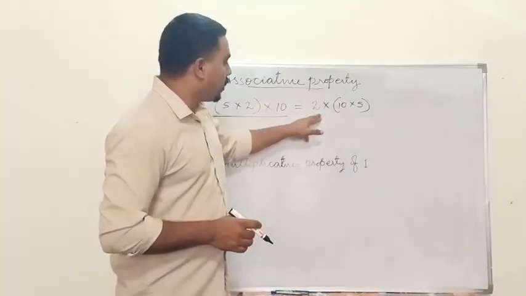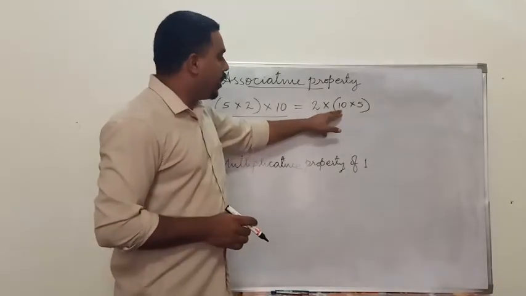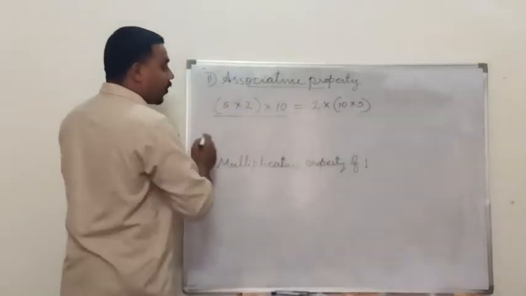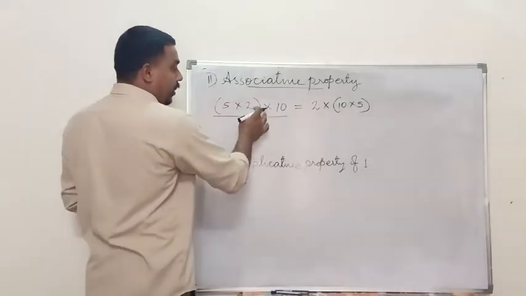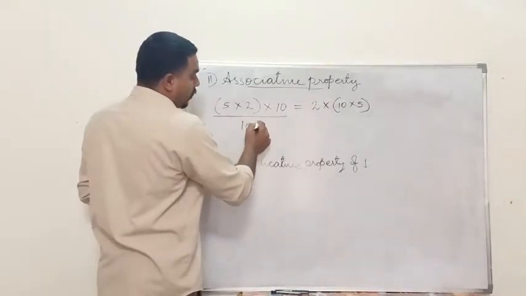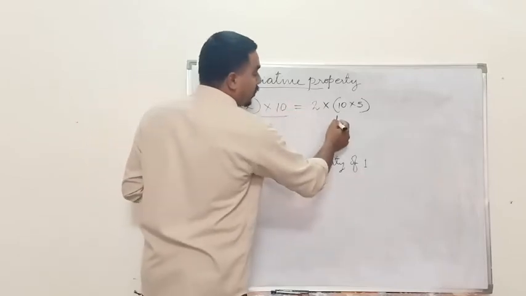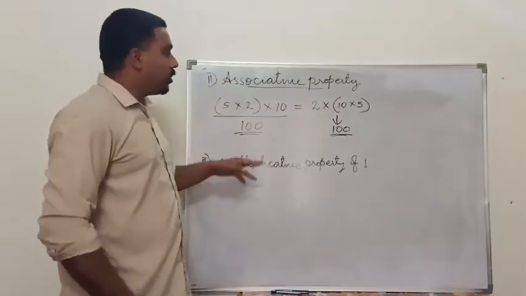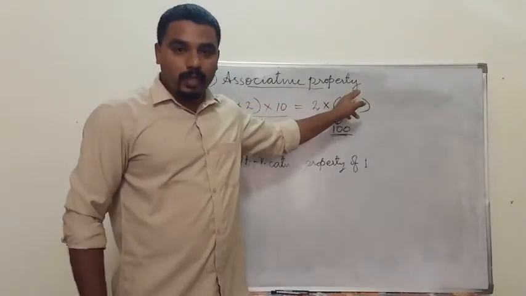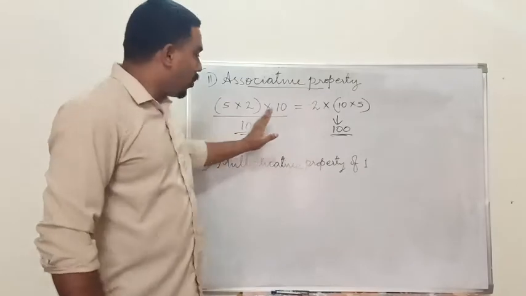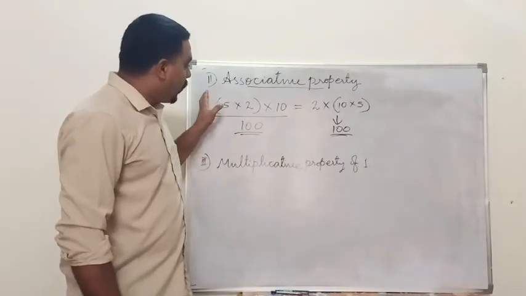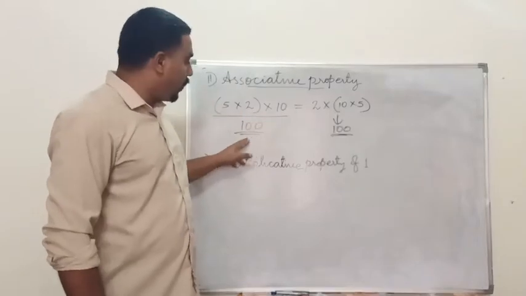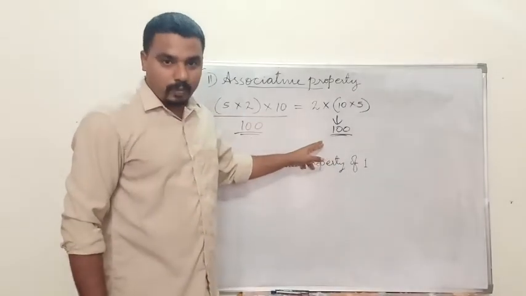Okay. But in the second group you can see 10 and 5. These two numbers are in the bracket. Here we will get it. 5 into 2 is equal to 10. 10 tens are how much? 100. We will get the product 100. Here also in the same way we will get 100. Is it or not? So that is called what? Associative property of multiplication. Clear? So one more time I will tell you that when we make any changes in the group, it doesn't affect the product. We will get the same product.